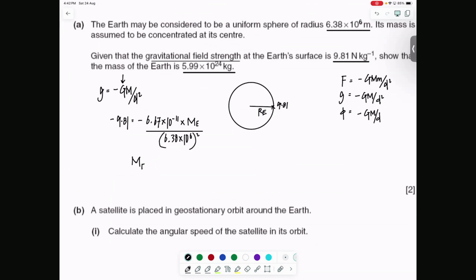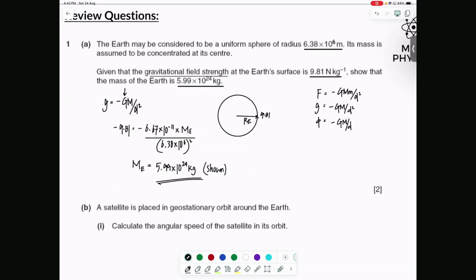No, in this question, you could have just written GM by d squared, no problem, because the minus is just to attribute the fact that the force is attractive. That's it. Okay, there's no mathematical implication here. So if you do the math, does it show the same number, 5.99? Check for that one. Yeah, so that's the answer. Next is